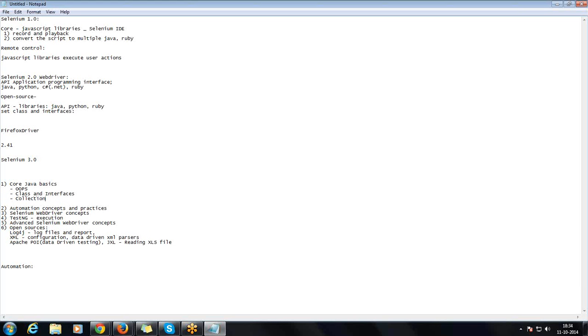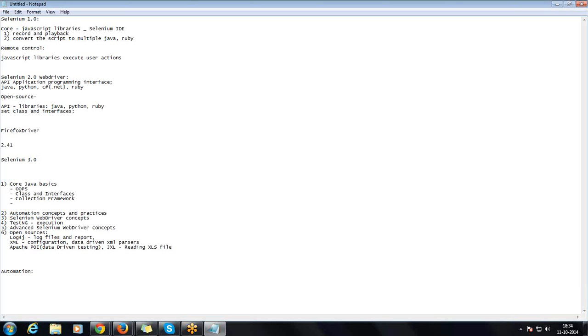We have IO operations too. These things I will cover as part of core Java. IO operations is for reading and writing into files. The collection framework is a set of data structures